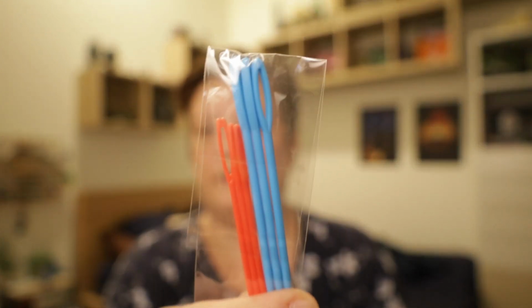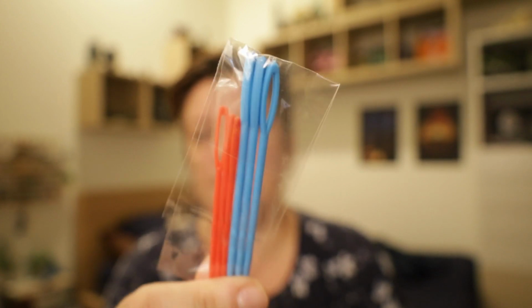And then they've got some plastic, what do you call them, embroidery needles. Not that I use these. Actually, I have used the plastic ones when I work with the super bulky chenille yarns. Then I've got this little baggie